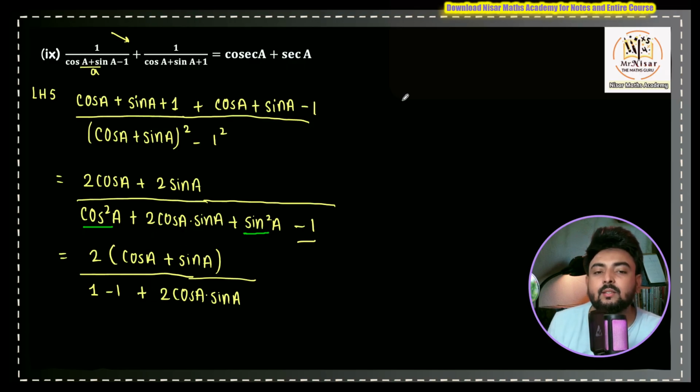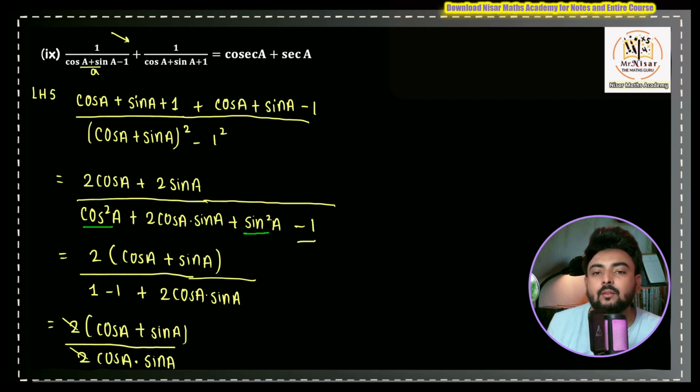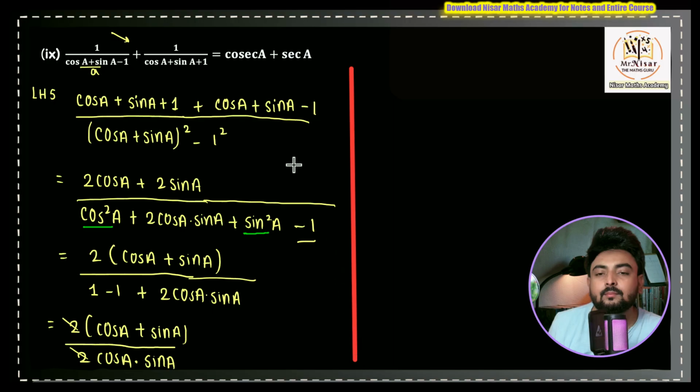So 1 minus 1 is 0. So in the numerator we are left with 2 cos A sin A, and in the denominator we are left with 2 cos A into sin A. I hope from here you are able to see the answer. This 2 will get cancelled, and we will be getting here